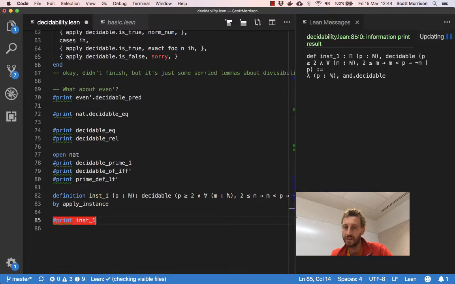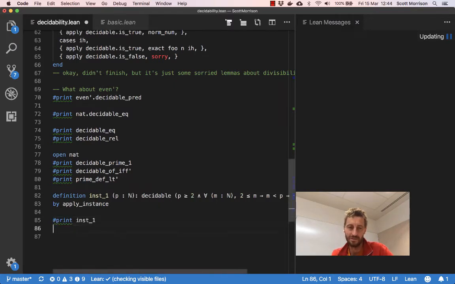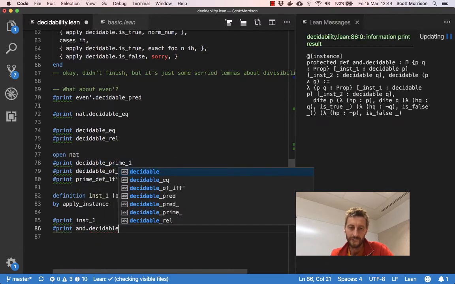And what has it said? It said, oh, I can just use and.decidable. So what might you guess and.decidable is? Well, make sure both sides of that. Yeah, so